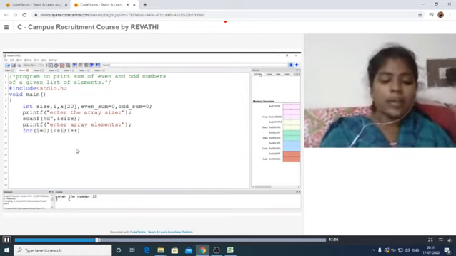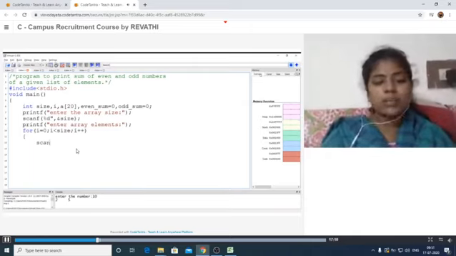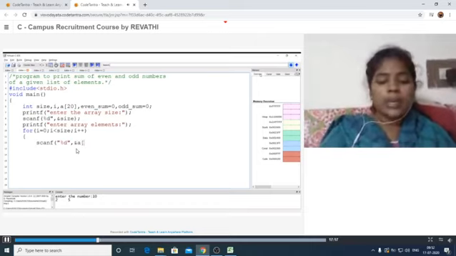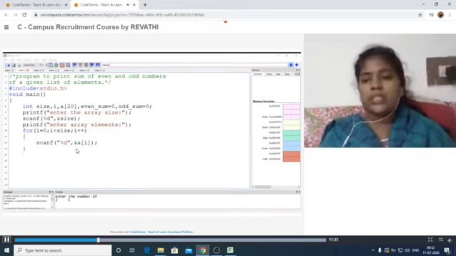Next scanf %d, ampersand a of i. This is the way we can read the values from the keyboard into our array.